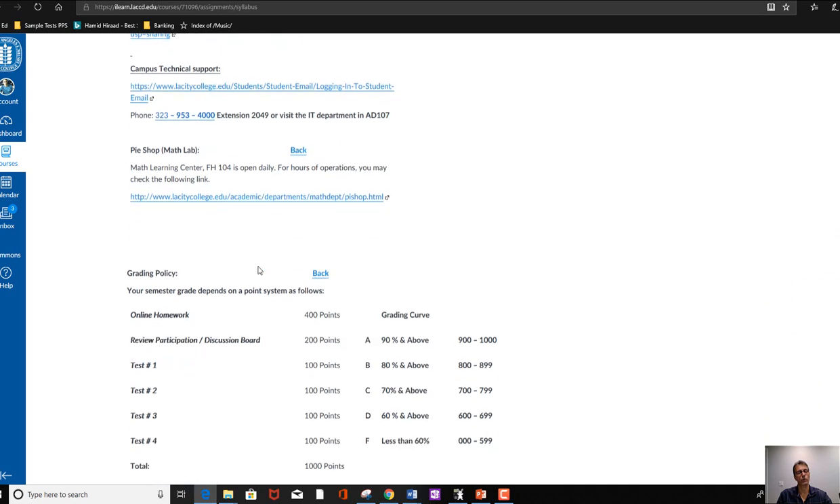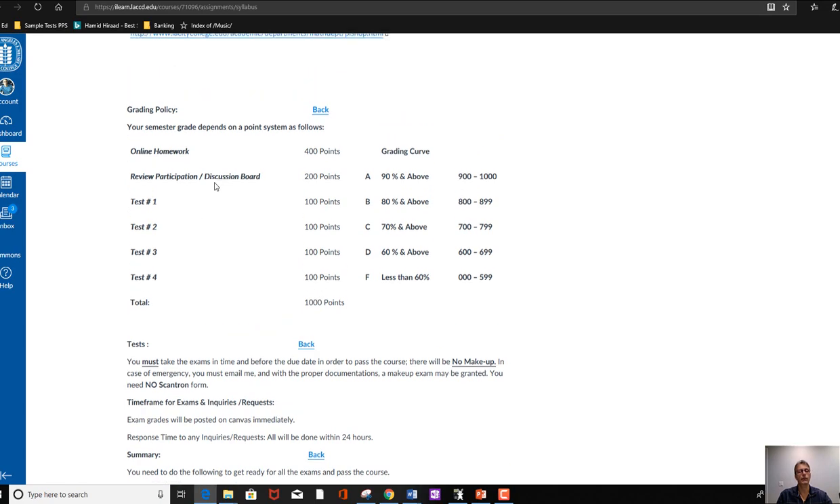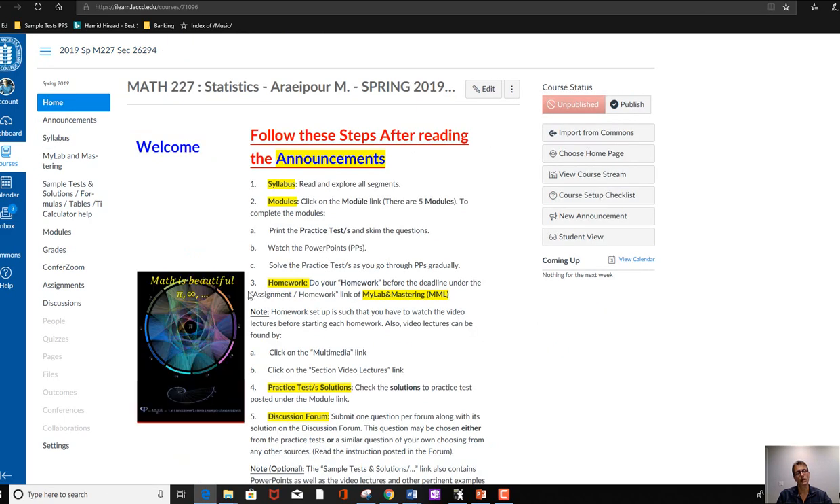And maybe even more importantly, you want to get comfortable with the grading policy as far as the online homework is concerned, discussion board, and test. So you want to see how that one is calculated. Going back to the home page, the next one